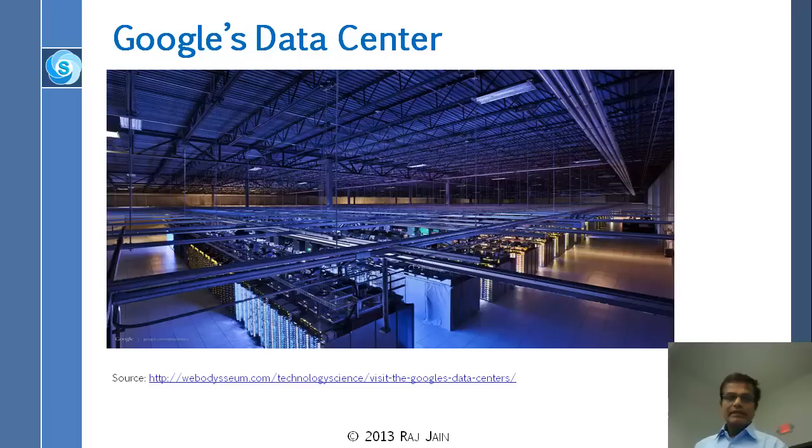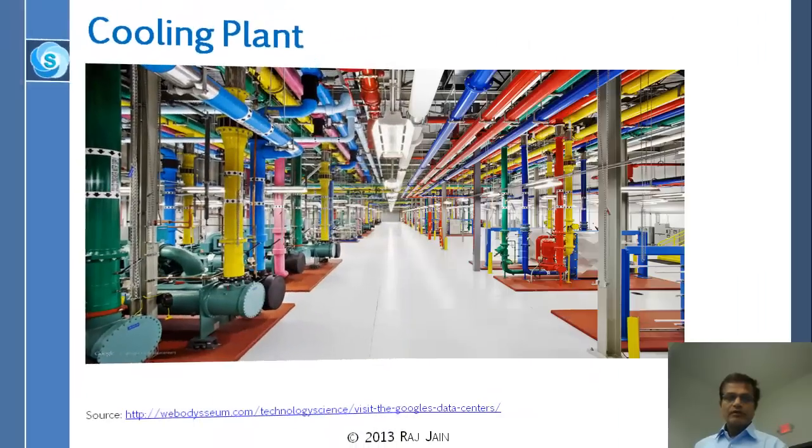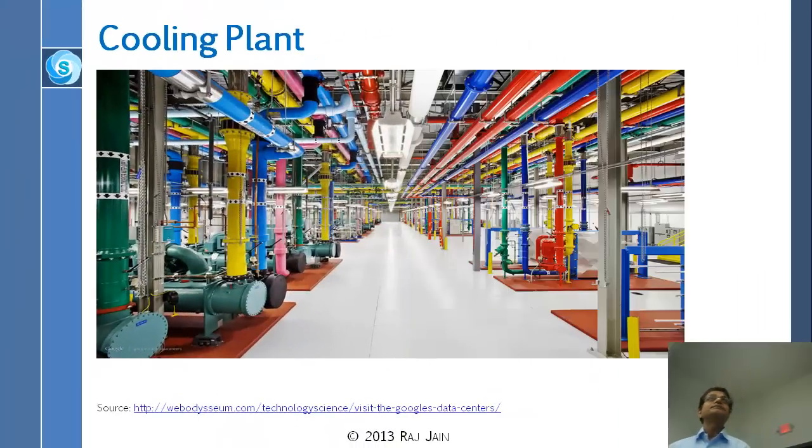And bigger than this is the room next door, which is cooling. So all of these computers produce a lot of heat, which has to be taken out. The thing that you don't see when you go to a data center is this part. These are all pipes which are carrying different kinds of air and temperatures and things like that, pumping in.